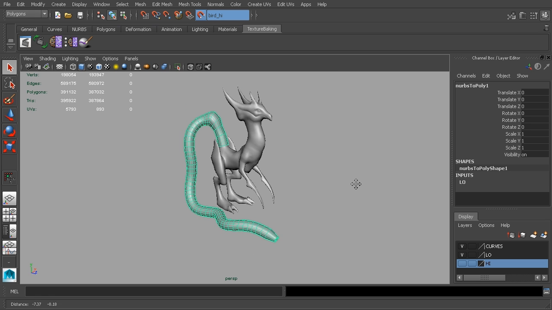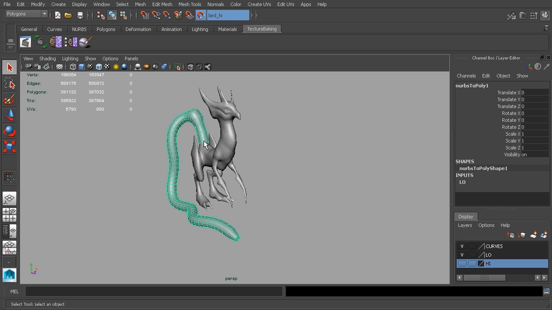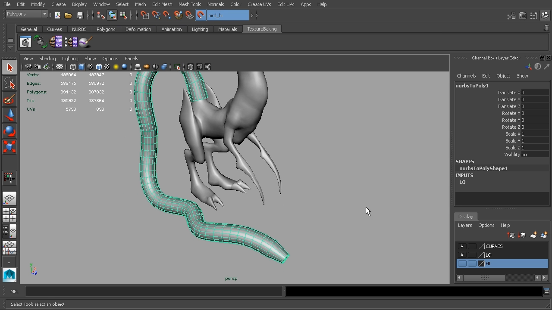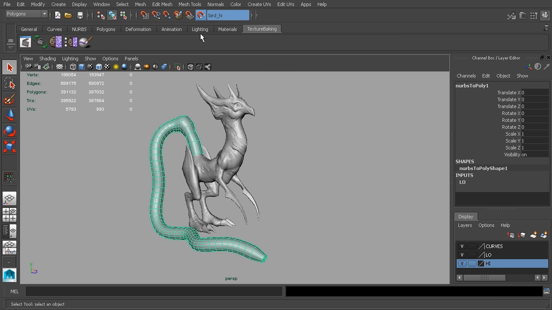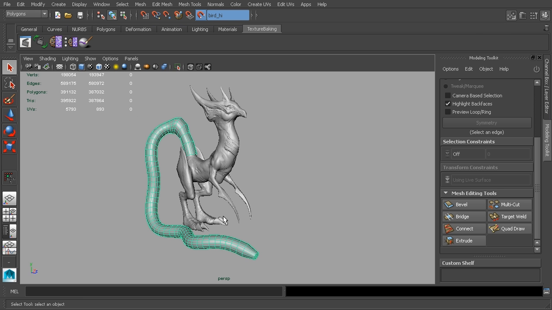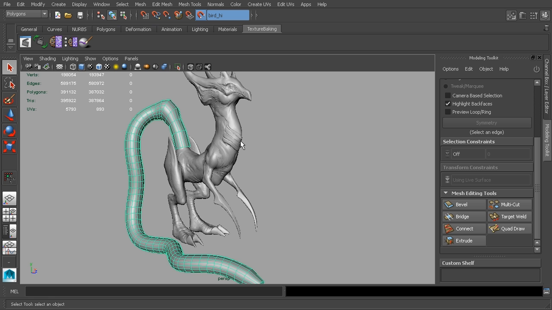All right. So now that we've got that geometry built from the curve, just by, again, doing the extrude, converting it to polygons, and then closing in the end. I left the other end open because we'll eventually want to connect it. We'll turn the high resolution back on. Okay, and it's still live. So with this tail selected, this high resolution geometry still live, let's go to Edit Shrink Wrap Selection, and we'll